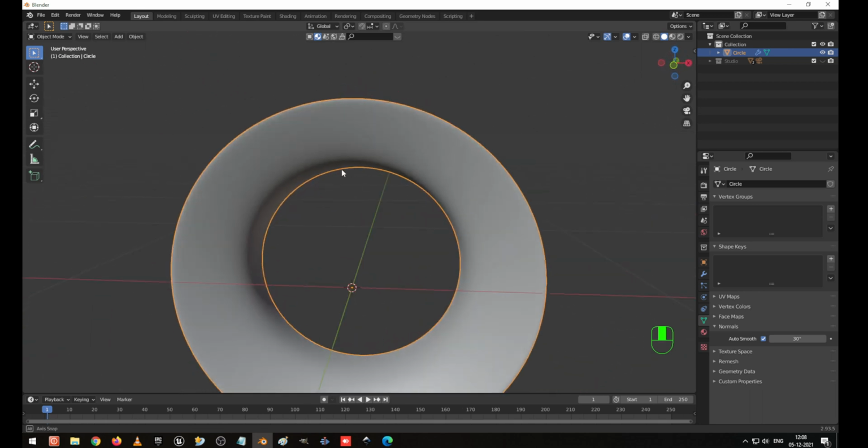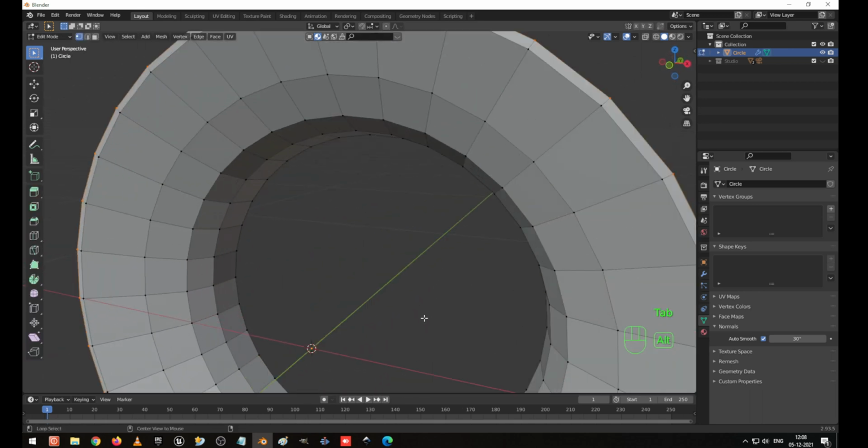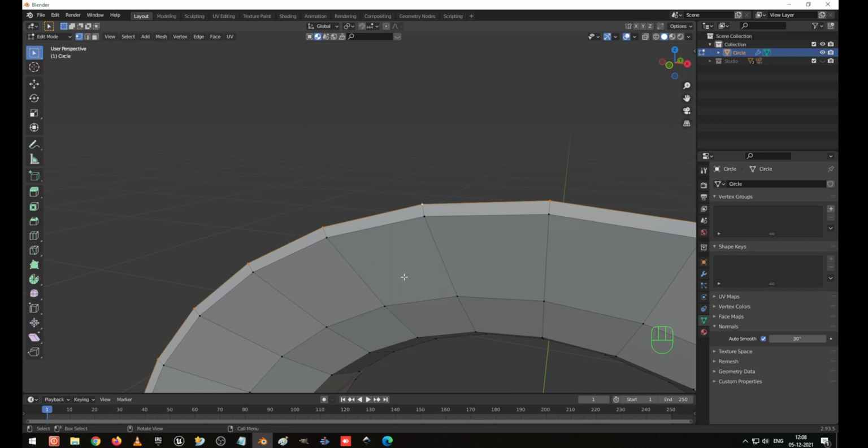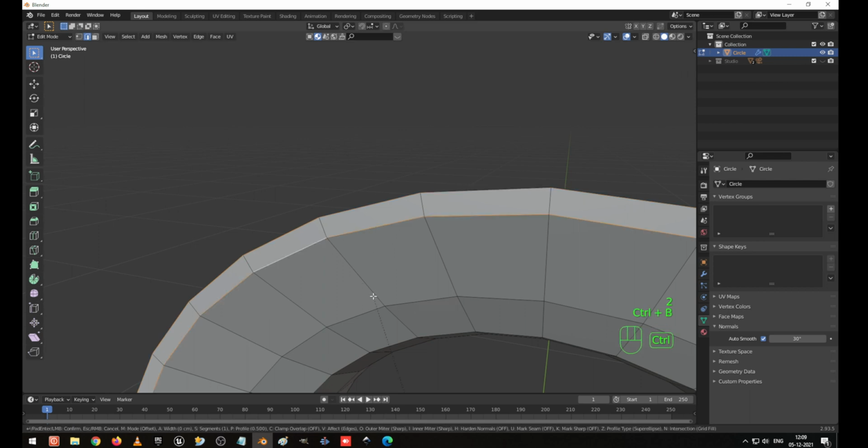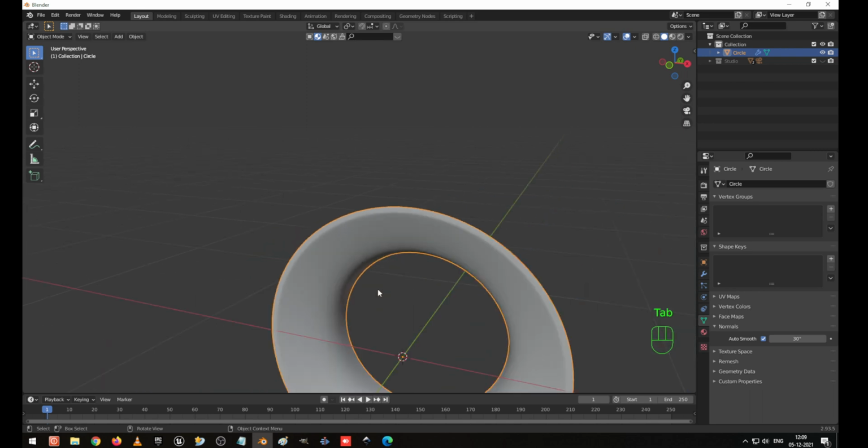So okay, now here I scale it once again outside and I press 2 on the keyboard. I select these edges, press Ctrl B and create 2 edge loops here. Okay, so this way it looks.